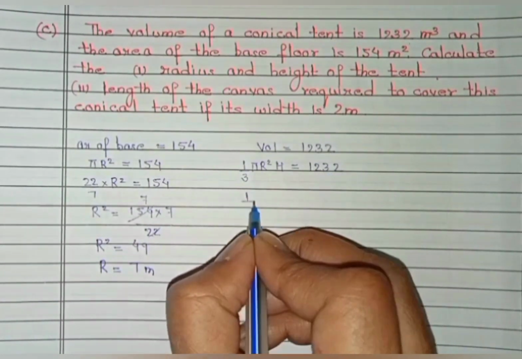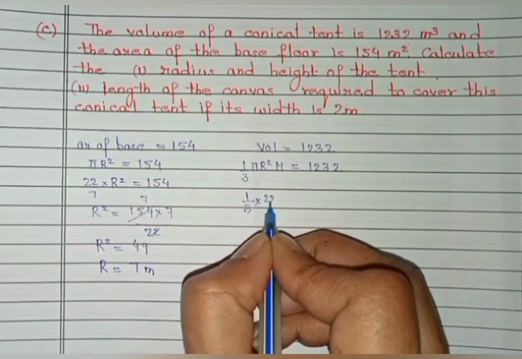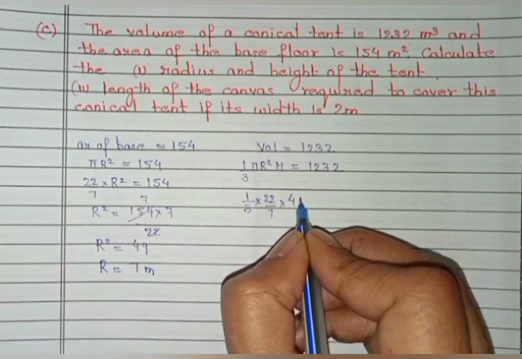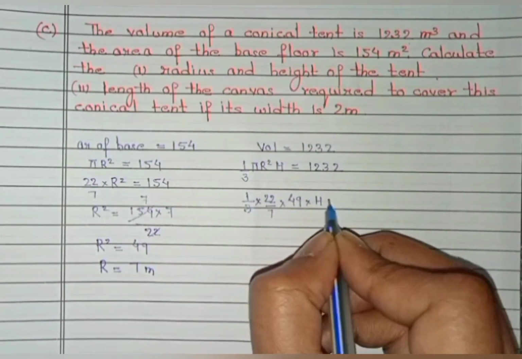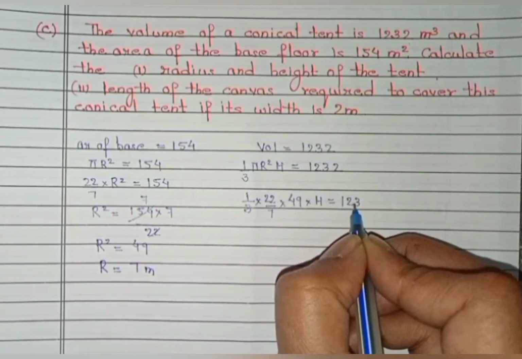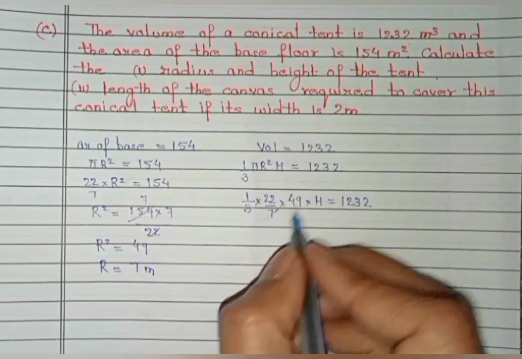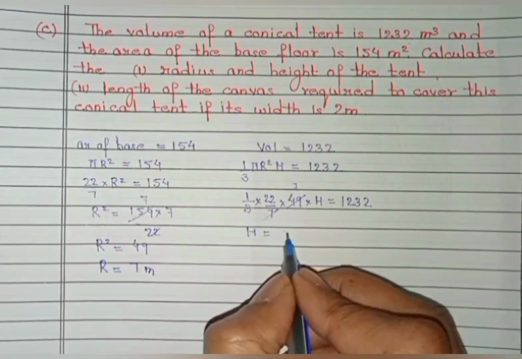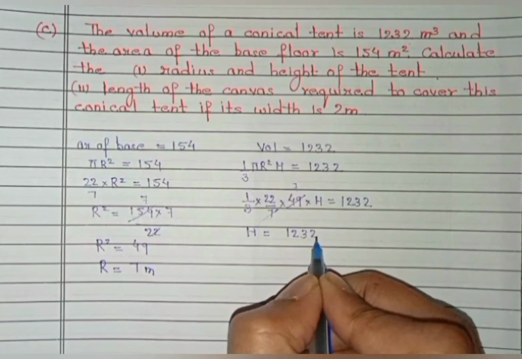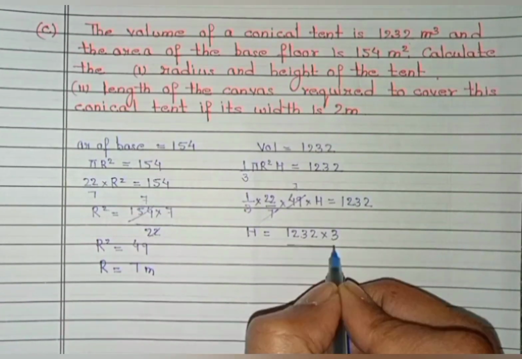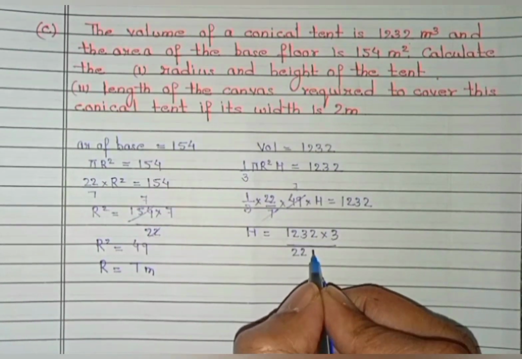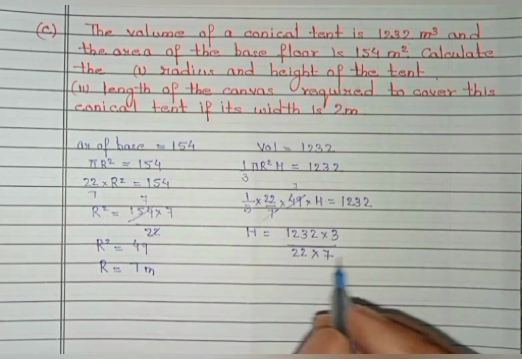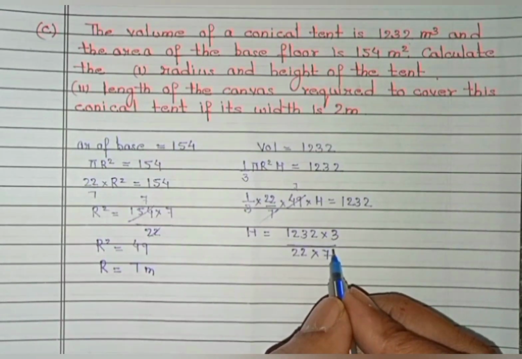So here let us substitute the values. 22 by 7, r square, radius is 7, so square of it 49 into h is equal to 1232. This will cancel out, use 7. So to get the height you do the cross multiplication. 1232 into 3 upon 22 into 7. Now let us simplify it, and this will give us 7